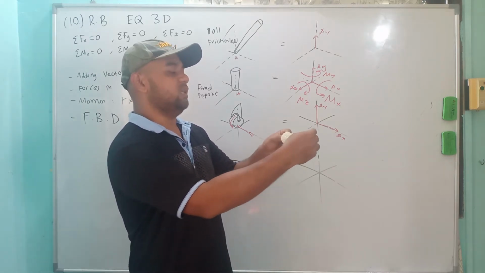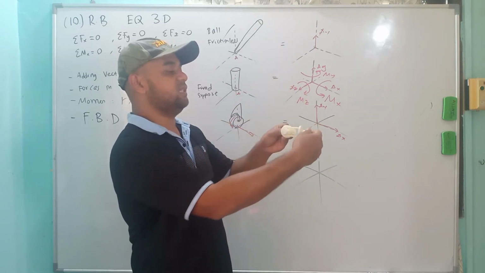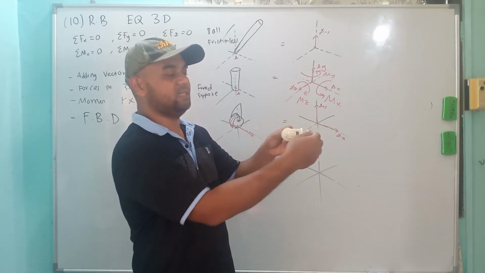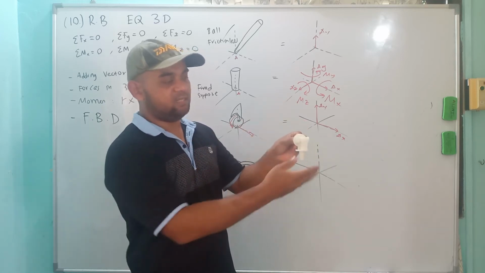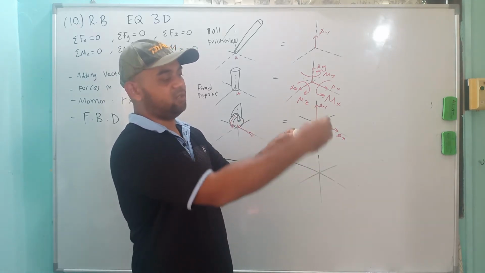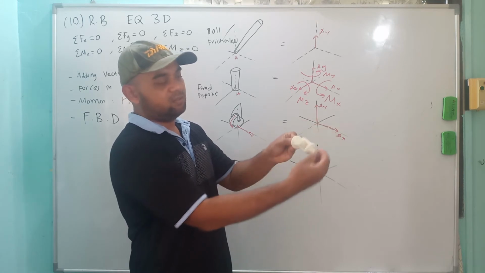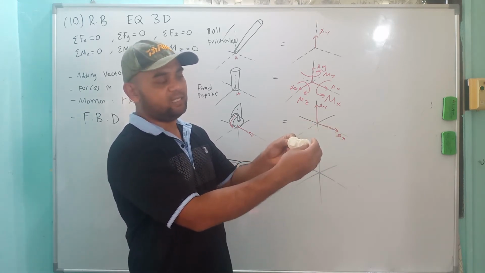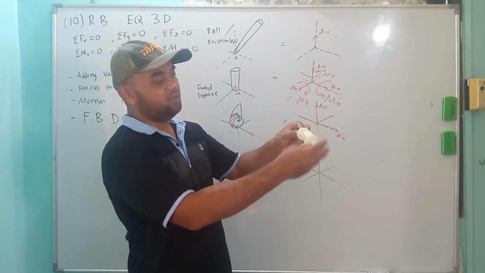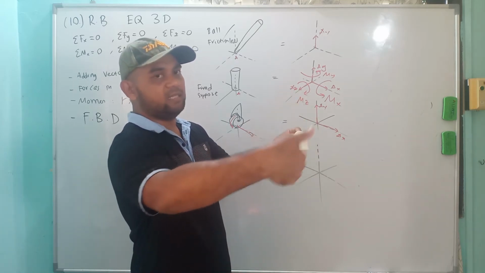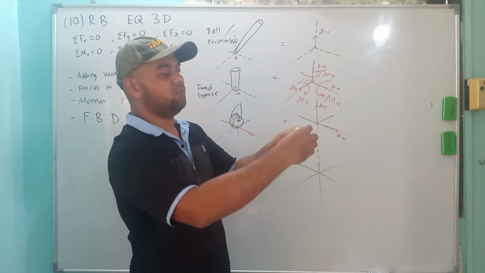Now, sorry, if this is Y, this is actually rotation about Y axis. So it is free to rotate about Y axis. This is Z axis, so you can rotate this way. So it's also free to rotate in Z axis. Now this one is whole, and then I want to rotate in X axis, which is this rotation.